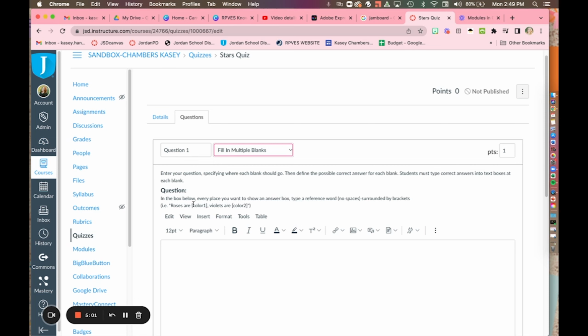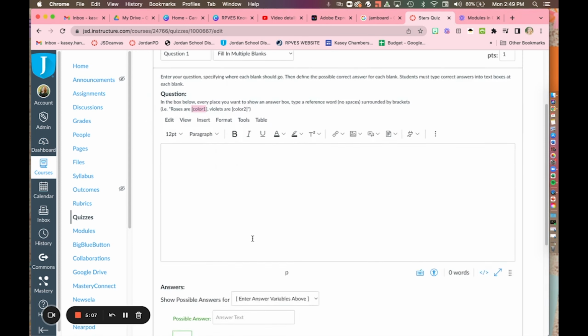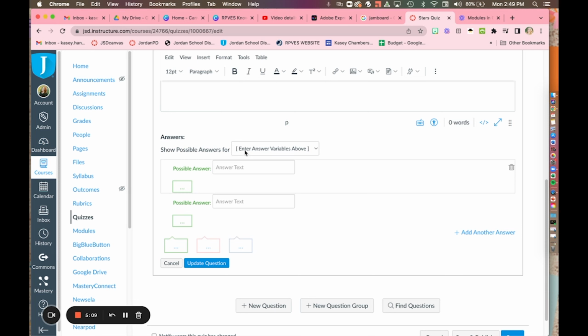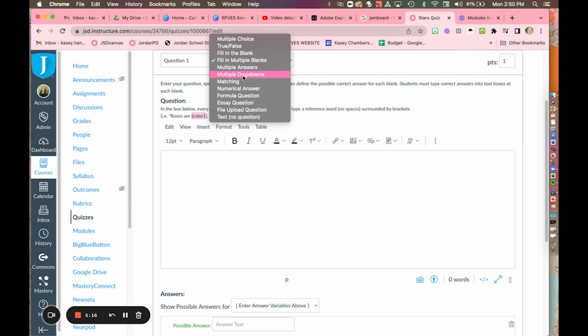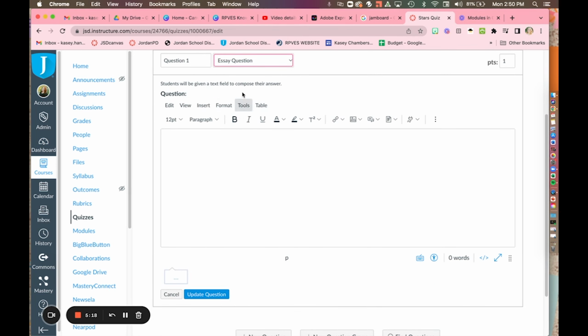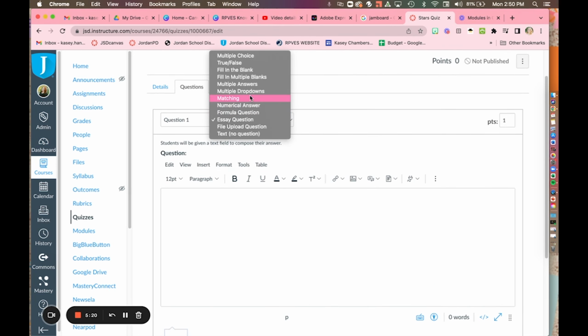So this one's a little bit harder. You have to do this code right here in order to have it fill in those multiple blanks. So whatever the variable is, you type it in right here, and then it will have that blank there. Essay question, and then obviously drop down menus. It's the same thing,